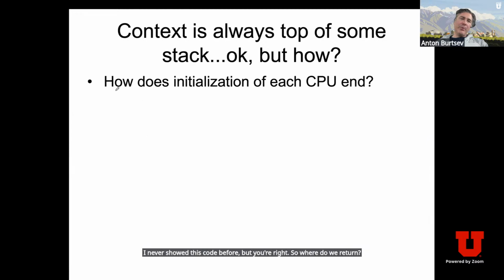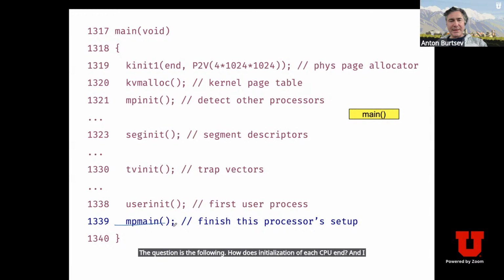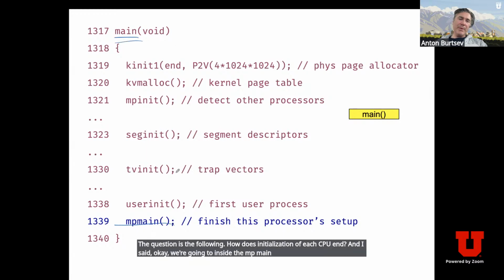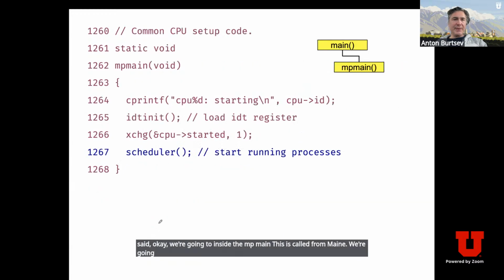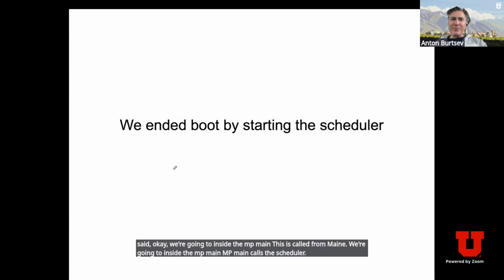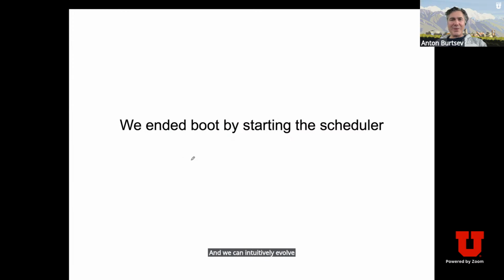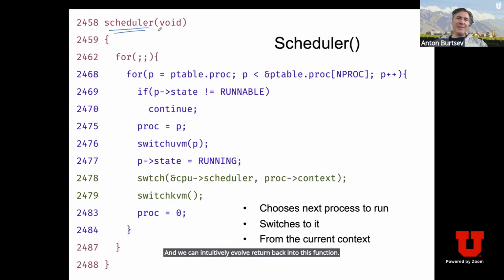The question is the following. How does initialization of each CPU end? And I said, okay, we're gonna go inside the MP main. This is code from main. MP main calls the scheduler. And intuitively we will return back into this function. This is what's inside this function. Scheduler itself, as I keep mentioning,